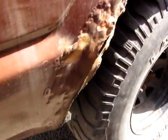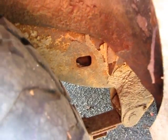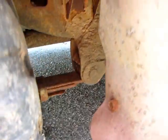Here's the other side, more rust around the edges of the fenders. And as you might have noticed, it's got a whole bunch of different tires on it because my brother pirated the tires off it for his Nissan pickup truck. But I've got a whole garage full of tires, so whoever takes these things is going to get a whole mess of tires and other parts